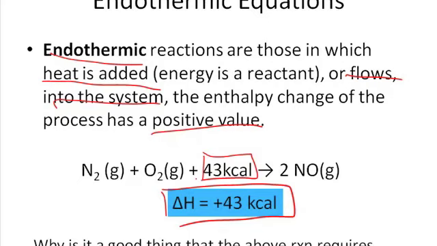Now take a look at this above equation. N2 plus O2 makes nitrogen monoxide. Now why is it a good thing that the above reaction requires energy, which means that in order to get this reaction going, you need to apply 43 kilocalories, which is the same as 1,000 big cals, or actually, I take that back. This is equivalent to, sorry,